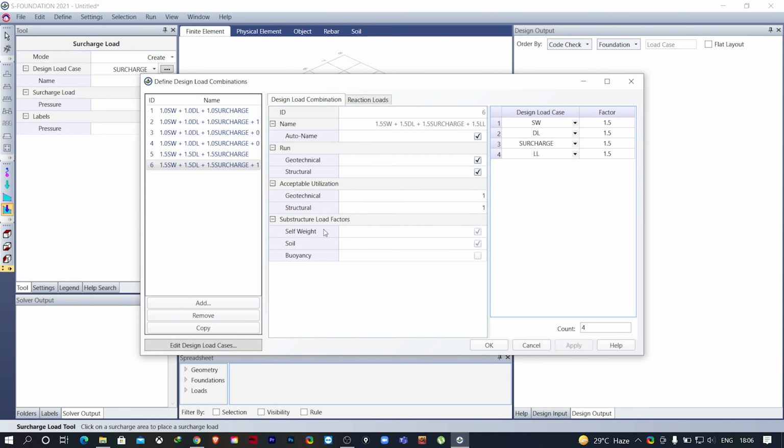Click on apply. I'll select the third one. I'll make a copy. Here I'll be using a factor of 1.2. Click on apply. Last I'll be selecting the fourth one. I'll make a copy and I'll be using again 1.2.